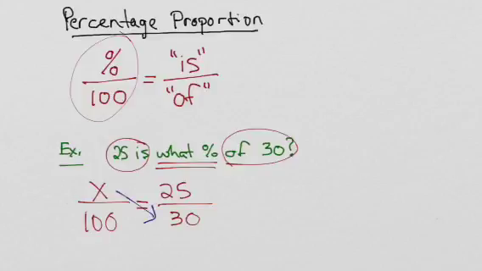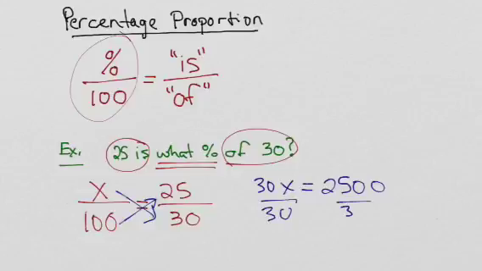Cross multiply. X times 30. Other direction, 100 times 25. And then we'll solve by dividing. And again, we have calculators for that kind of stuff. I'm going to get mine open, and let's check out what that answer is. So 2,500 divided by 30. And I got x equals